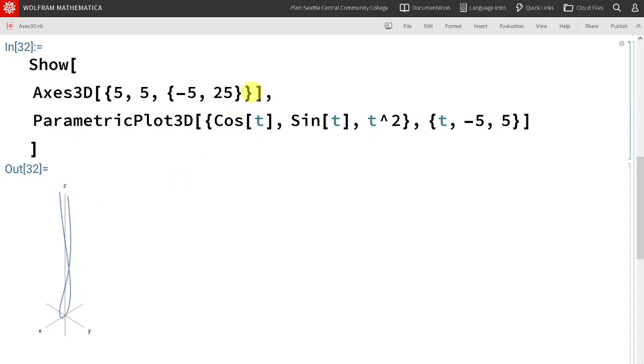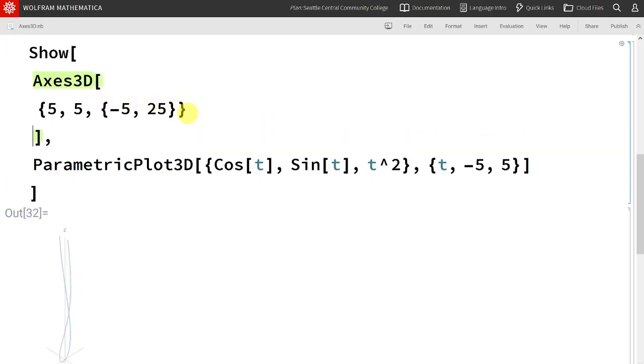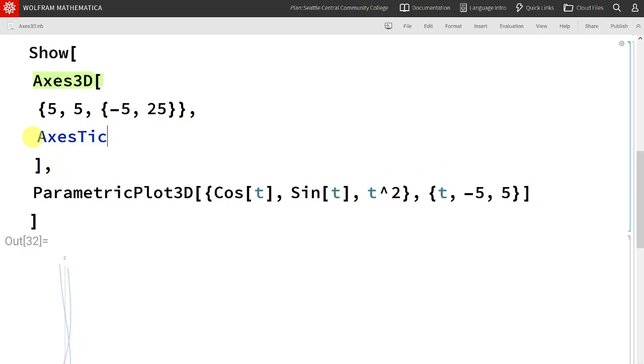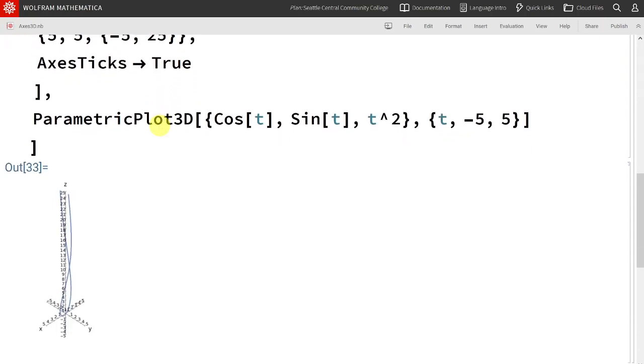Another feature of Axes3D, I'm going to just move this down to make this easier to see, is AxesTicks. AxesTicks creates tick marks along the axis. The most simple way to use AxesTicks is just to do AxesTicks arrow True. We hit Shift-Enter, and we scroll down and see the default is that the command creates a tick mark